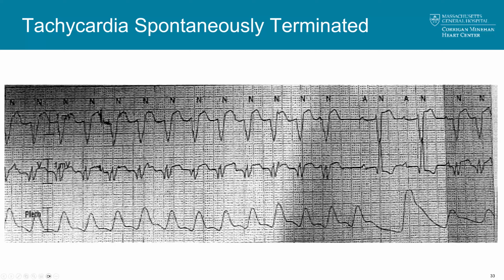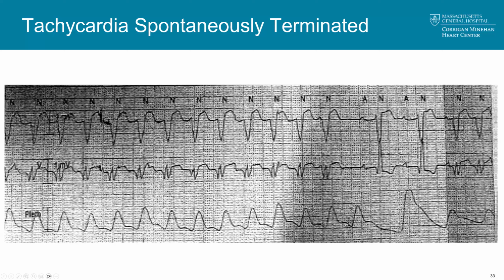And here you can actually trace out the P waves. It could be that this little notch in the beginning of the QRS complex here actually is a P wave. Then you have a P wave here, and right on time is your next P wave. And here you have a P wave, but then you have that QRS complex happening just afterward. If you take a look, it's pretty dominated by the ventricular morphology. There's no obvious fusion here. It just goes right back into the VT.